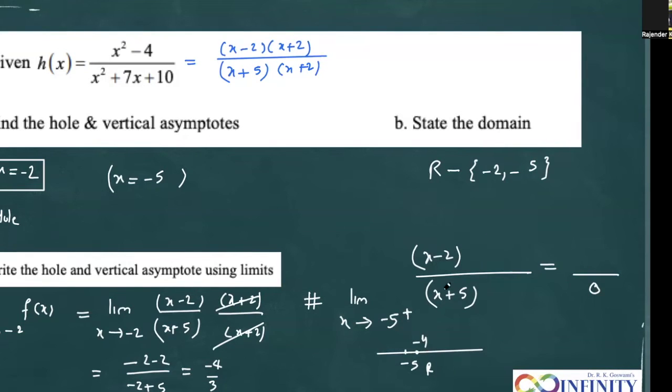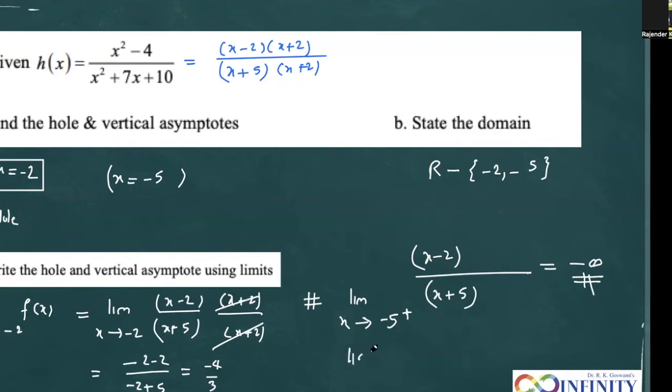Just place the value x equals minus 4. What is the sign there? Is it negative? So technically it is going to be negative infinity. So that is why it is going to be a vertical asymptote. Do you agree? Okay. Let me tell you, you can also check x into negative 5 minus,